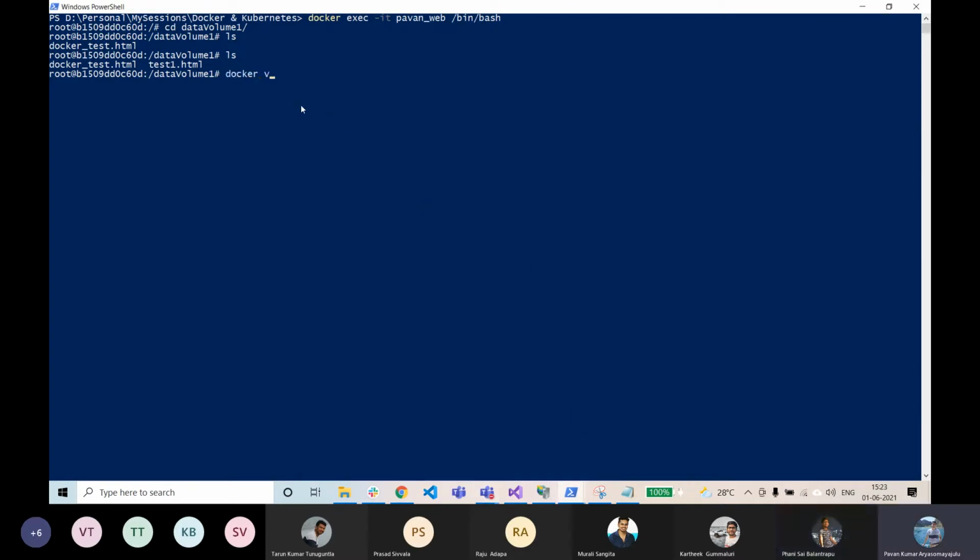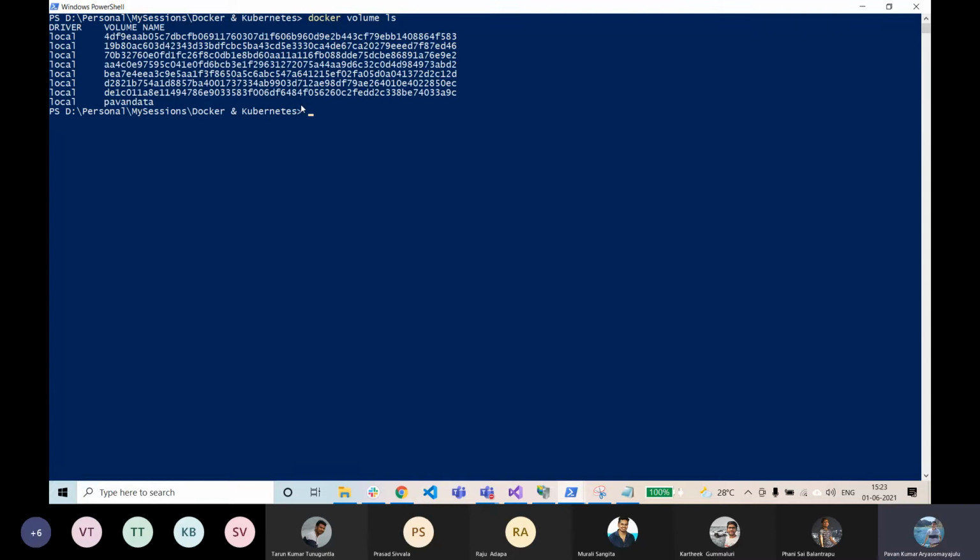Okay. So I'll actually remove these images and then we'll test that. Okay, so it doesn't actually persist, but I'll just show you.